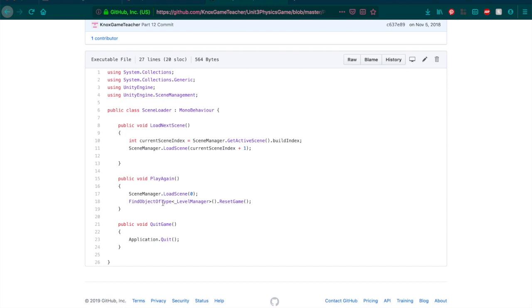It also has find object of type level manager reset game. Now, the reason we had this is because this is from one of our games in which we were keeping score, and if we had not reset the game, then the score would just continue to add upon itself. So what I'm going to do is I'm going to use this code,